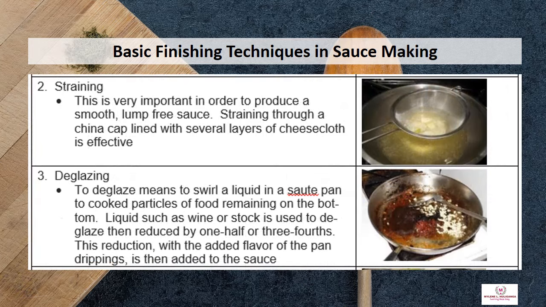Number 2, straining. This is very important in order to produce a smooth, lump-free sauce. Straining through a china cap lined with several layers of cheesecloth is effective. Number 3,